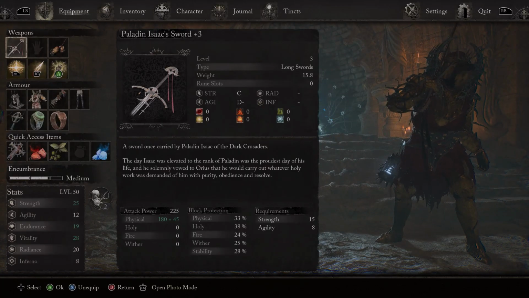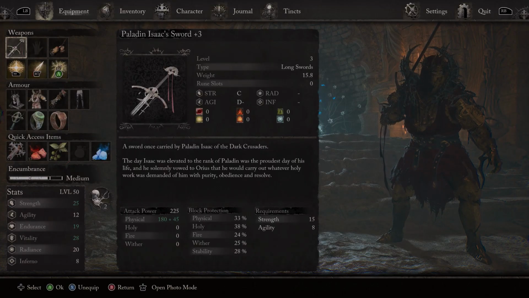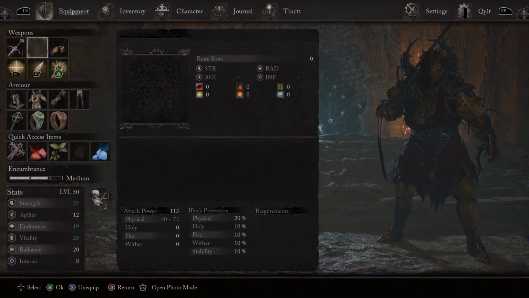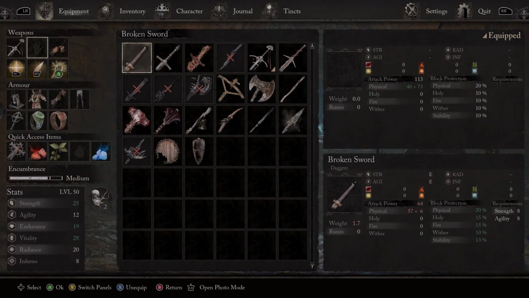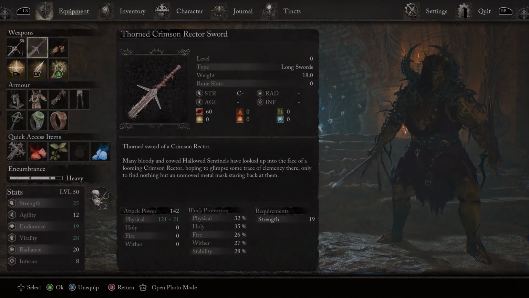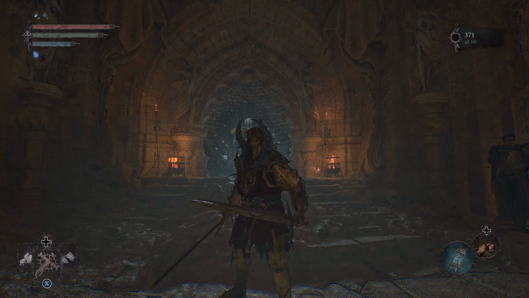Here I'm using my Paladin Isaac's sword and I have my left hand empty. The way the inventory is structured, you don't necessarily know which hand is what, but the empty hand here is our left hand, obviously, because the Paladin sword is wielded with the right. So I'm gonna equip the Thorned Crimson Rector sword here, and now as you can see I am holding two blades. If I hit Y,